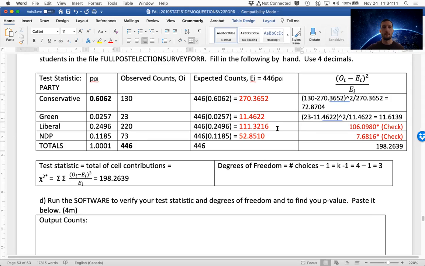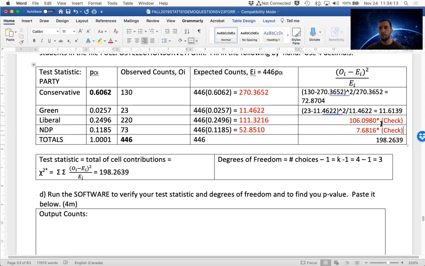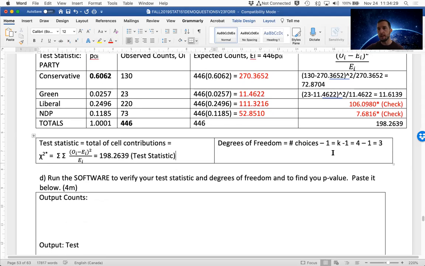All right. Okay, so then what we do is we just add these values together, these four quantities that correspond to the observed minus expected squared over expected, and our test statistic is shown below. So this 198 is the test statistic for the chi-square goodness of fit test. The degrees of freedom is equal to the number of entries minus 1. So K here, or C as I wrote it before,